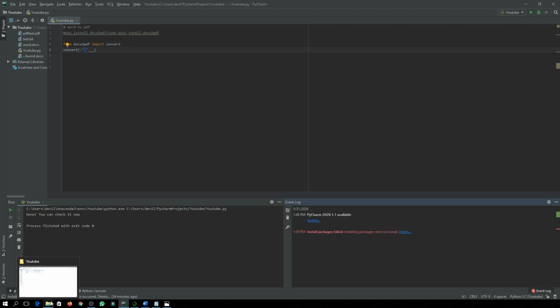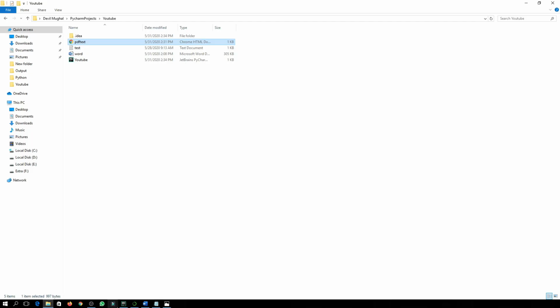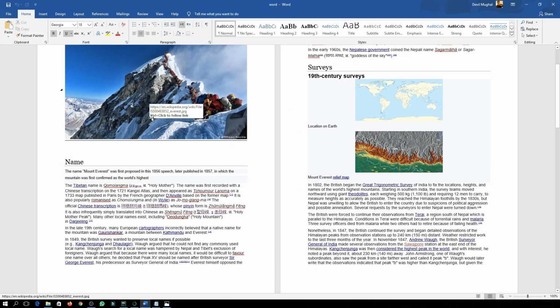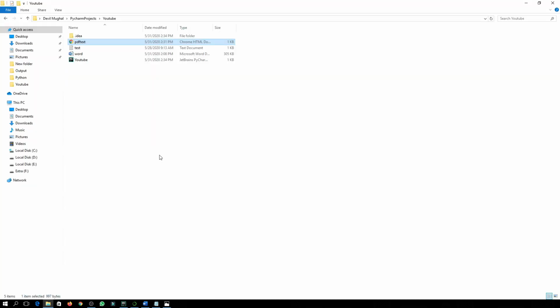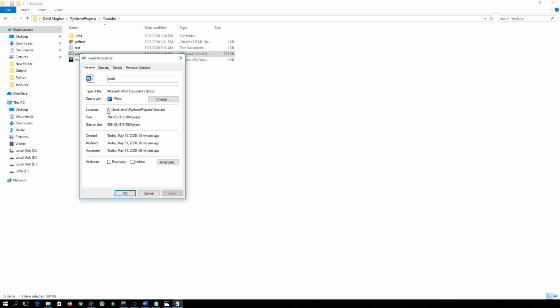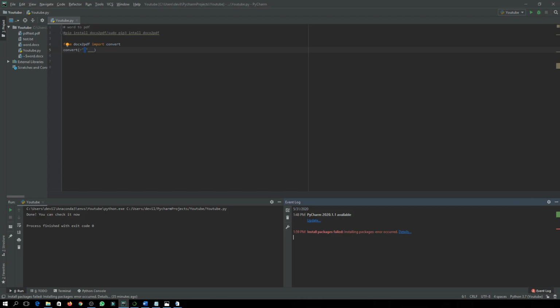I have just created a file, let me show you. Here it is. The name is Word. You have to go to its properties, and here you can find its location. Simply copy it and come back here.